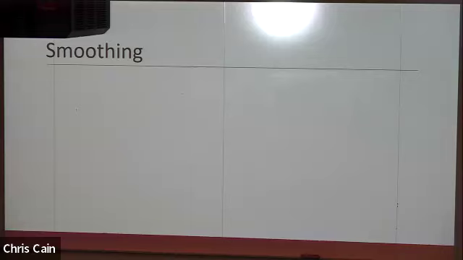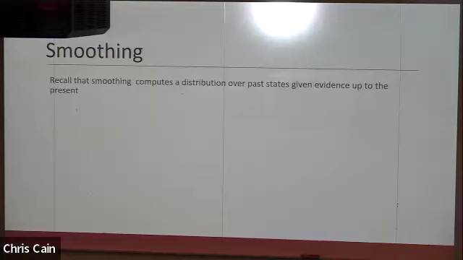All right, diving back into it. 6 more slides, we can do it. So smoothing, remember that smoothing is, we're now utilizing some additional evidence that we've collected. So at the time we made the prediction for day 11, it was based on the history of days 1 through 10. But let's say now that we collect information up through day 20, the question is, given all of that history, now can we go back and re-predict what happened in day 11? Or relearn some additional information about what happened in day 11 based on the longer history that we have now